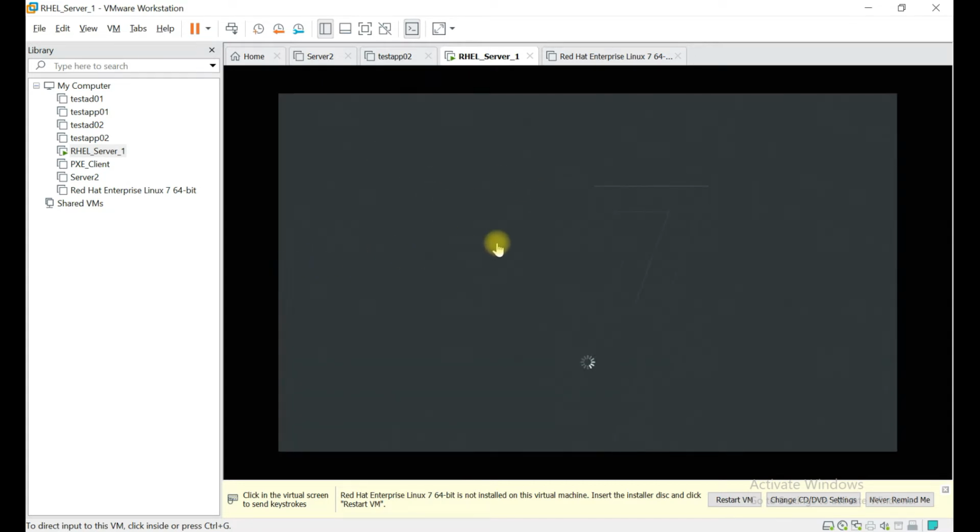Let's see where it stopped. It's taking longer than usual because generally it doesn't take this much time, but it's taking more time because it's trying to load the modules, the file systems. So most probably it is checking for that mount point which we have just enabled and which was really not available.